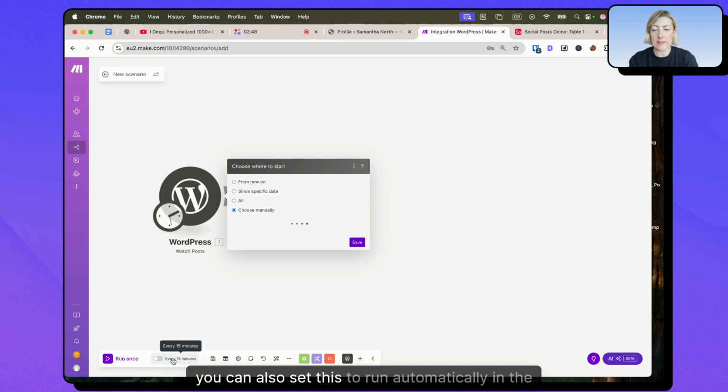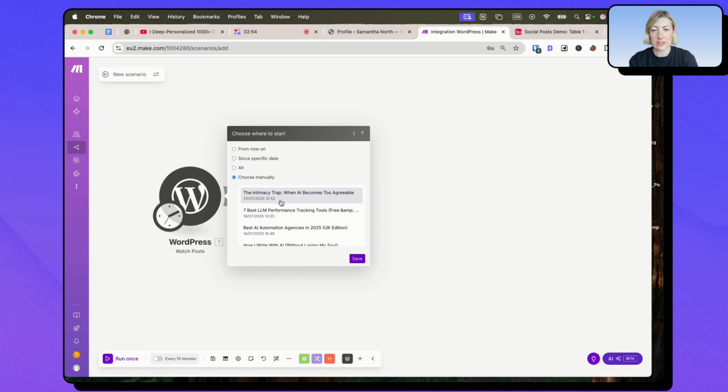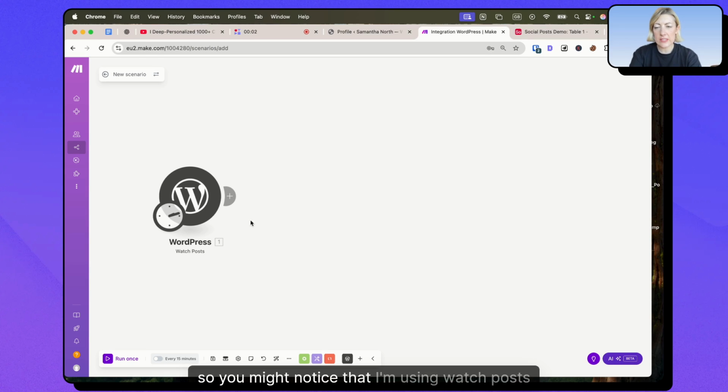You know, you can also set this to run automatically in the background. But for the purposes of the demonstration, we'll just be choosing manually. So we'll start with the first one again here. Okay, so you might notice that I'm using watch